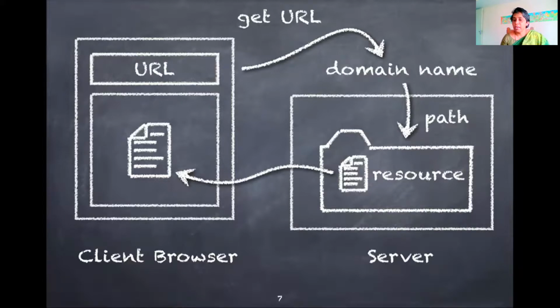Then what is a URL? Uniform Resource Locator is the address of that particular document or page which is stored in the cloud. Through the domain name we come to know which server has this particular resource, and that server will transfer this data to the client's browser. From the cloud server, it will be transferred to the client browser.